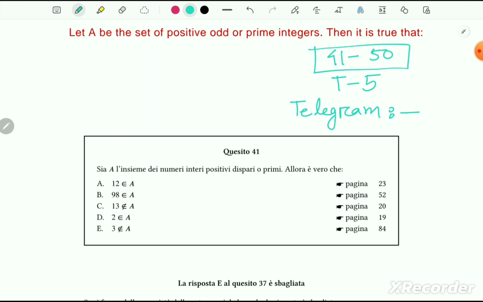Let's start today. So this is our first problem, 41. Let A be the set of positive odd or prime integers. Then it is true that 12 belongs to A, 98 belongs to A. Okay, let's find out what this means. So A is a set